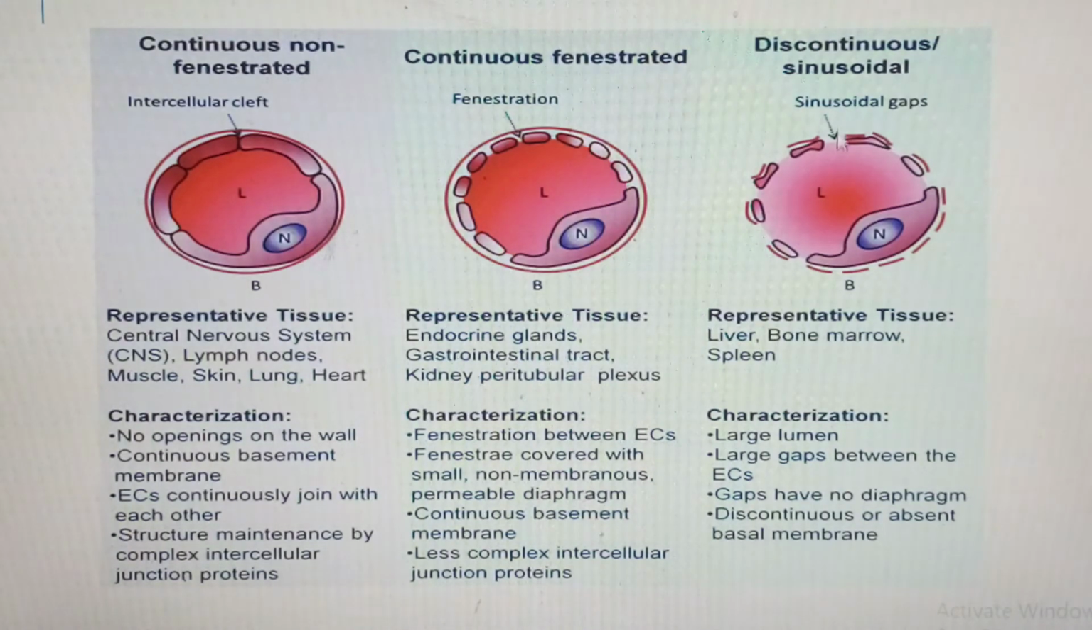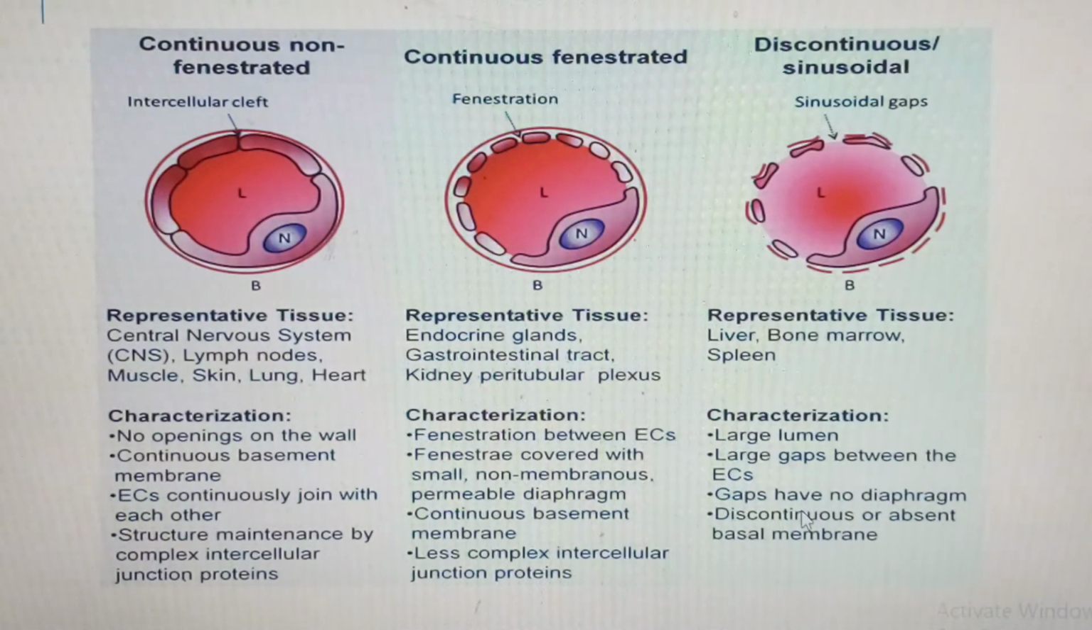Then we also have what we call the sinusoidal. Now, sinusoidal, we will conveniently refer to as discontinuous capillary, because apart from having the endothelial cells having larger gaps, having large fenestrations, it is also having a discontinuous basal lamina. You can see the basal lamina is actually discontinuous, like pieces. So it's going to have a large lumen, and large gaps in between the